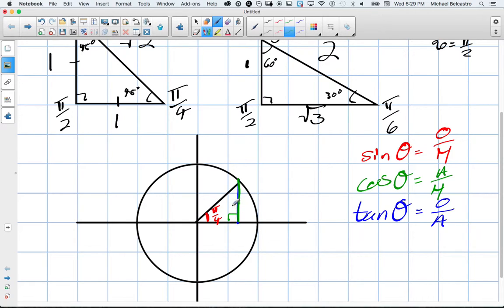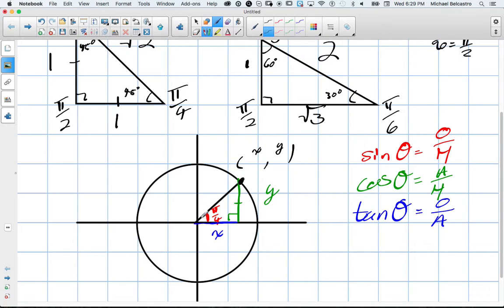Well, pi over 4, I know that's talking about an isosceles triangle, so this distance here, the distance of what would be considered your y, and this distance here, the distance of what would be considered your x. The idea is, imagine we have a coordinate at this point, and we need to know the x and y value. What are the x and y values of that coordinate? Well, according to this information here,